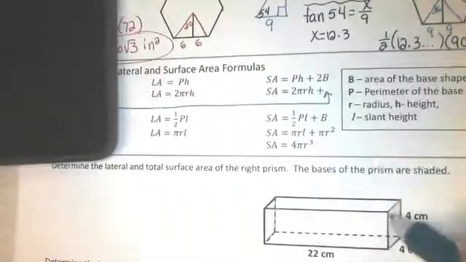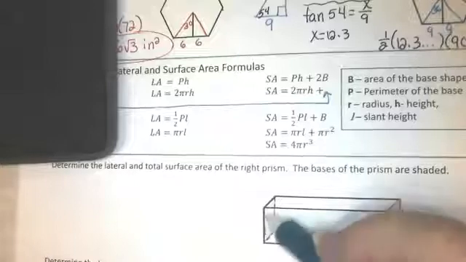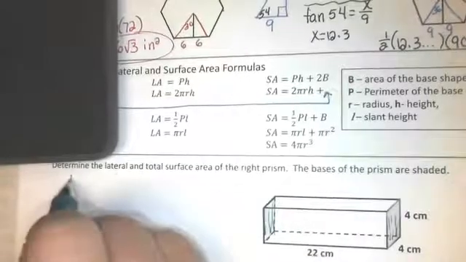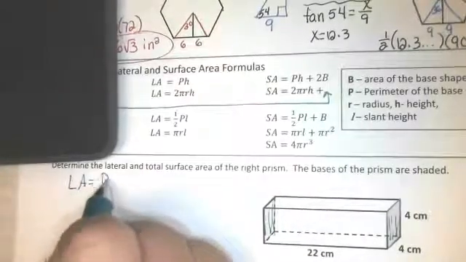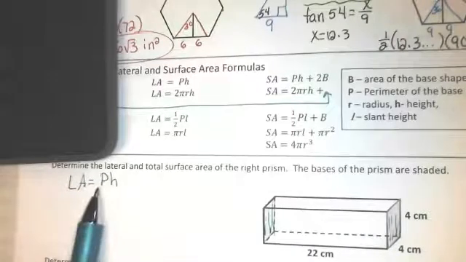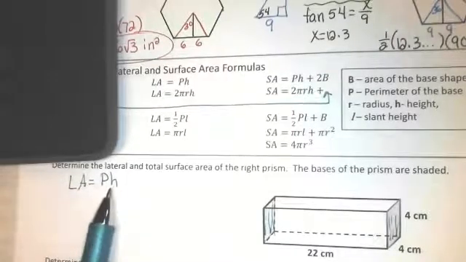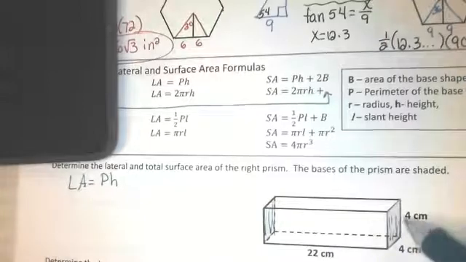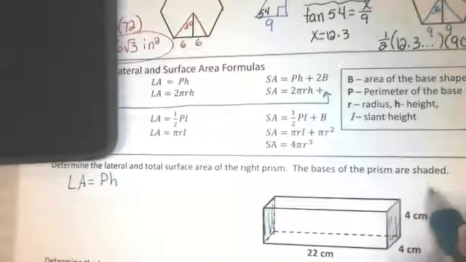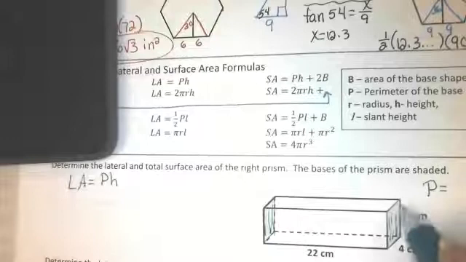Get it under the camera. So I shaded the base so that you would know this is a base and this is a base. The lateral area formula says PH, perimeter of the base times the height. Well, if the base is a square that's 4 by 4, the perimeter of the base is 4 plus 4